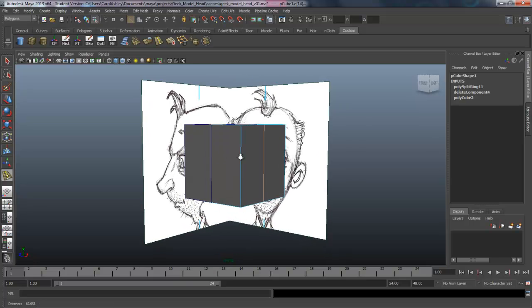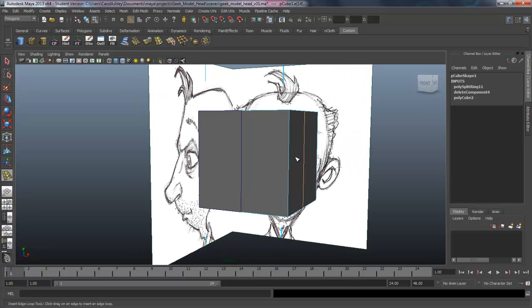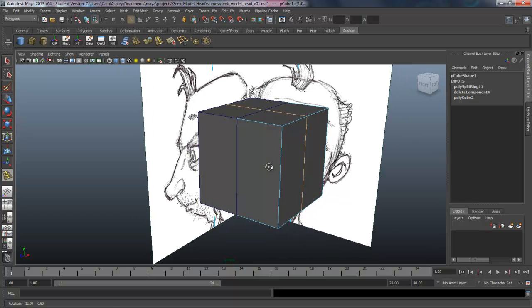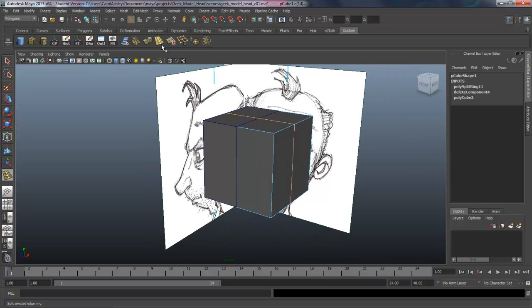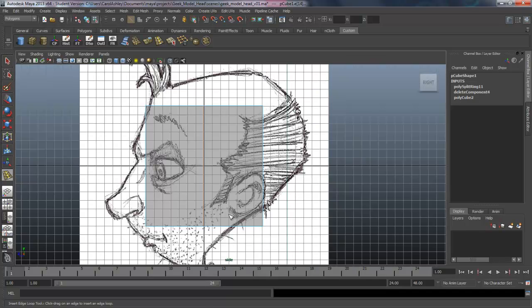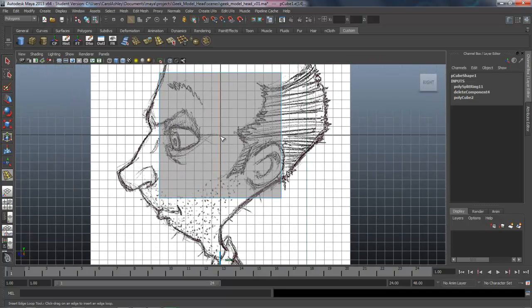Okay, so this is a very useful technique for modeling, doing polygon box modeling for a character head. And it saves you the time of just working on one side, cutting it in half, and mirroring it over to check your progress. Okay, so let's go ahead and insert another one here. I'm going to come into my side view, and I'm going to place it across here where the character's eye is at.